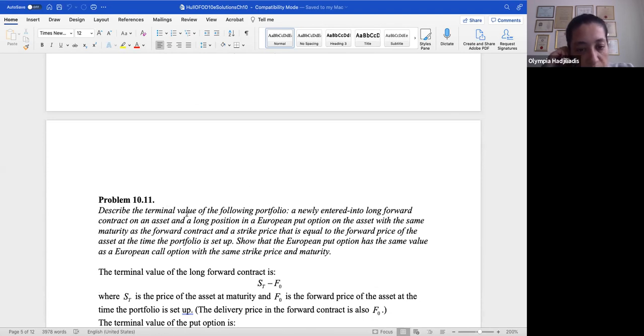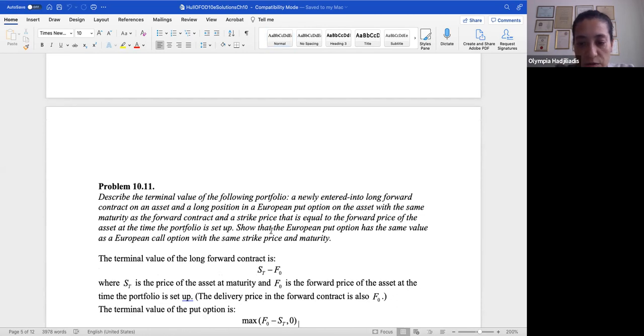Describe the terminal value of the following portfolio: a newly entered into long forward contract on an asset and a long position in a European put option on the asset with the same maturity as the forward contract, and the strike price that is equal to the forward price of the asset at the time the portfolio is set up. Show that the European put option has the same value as a European call option with the same strike price